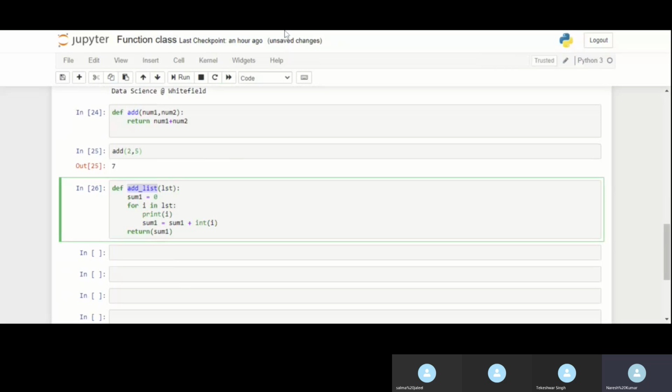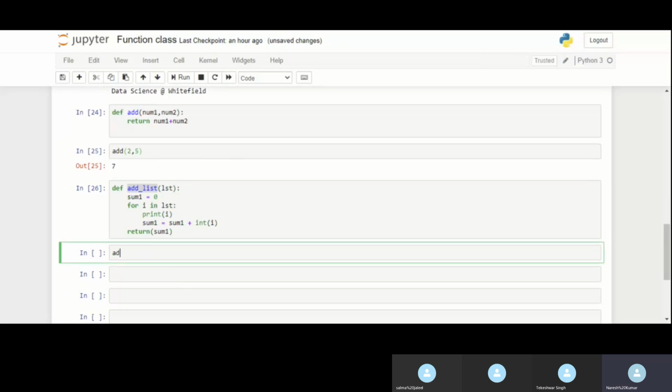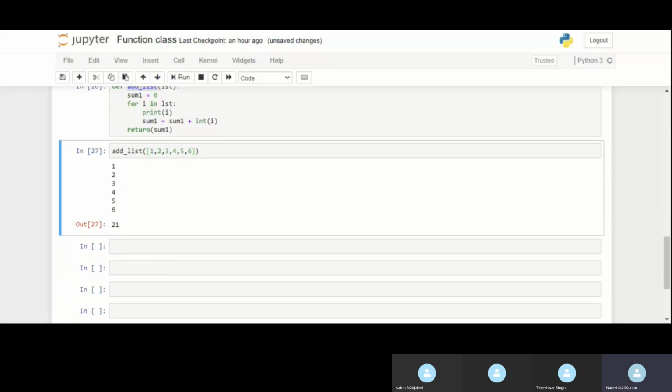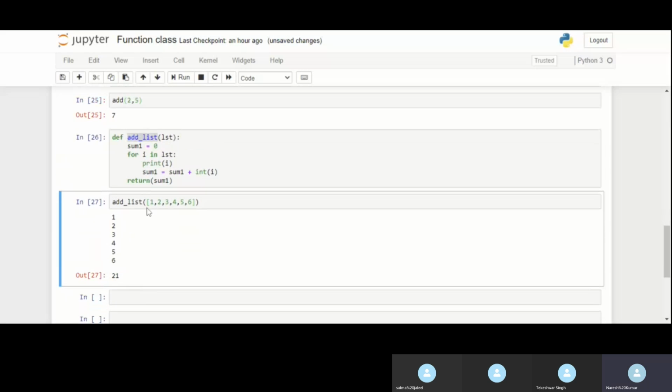Now if I want to add all the observations present in my list, I simply have to call this function and define my list. It will give me the output as the total of this list.